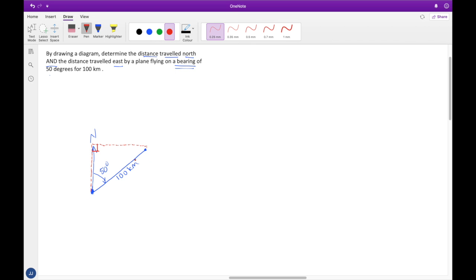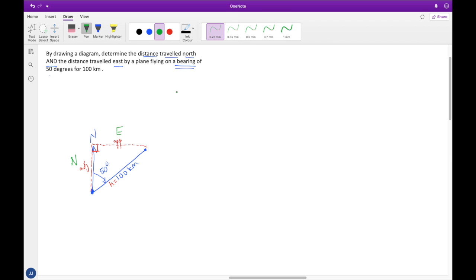We have the actual bearing that the plane is on that forms the hypotenuse for this. So this will be the hypotenuse here, right? This here will be my adjacent next to the angle that we have, and this here will be opposite to the angle that we have, right? So now that I have all of this, I actually want to find this adjacent side, and I want to find this opposite side. So the adjacent side is the distance north, and the opposite side will be my distance